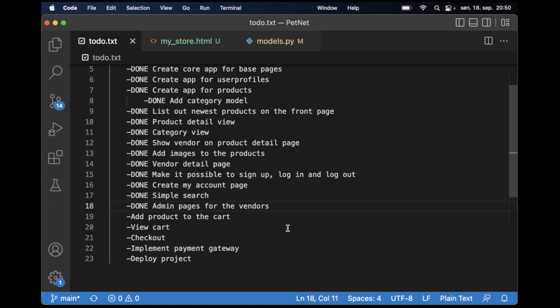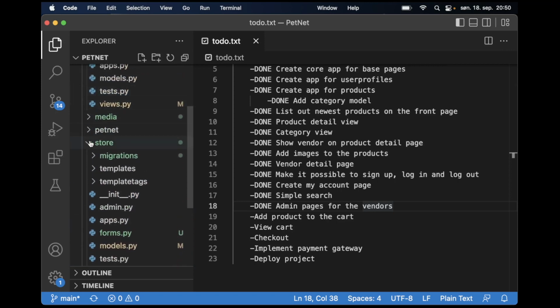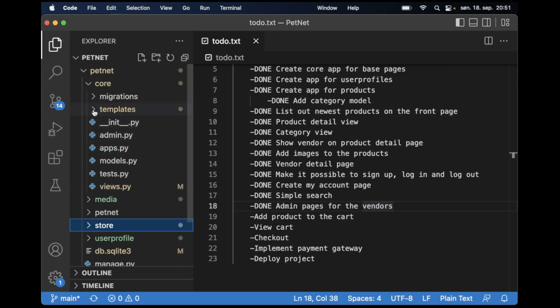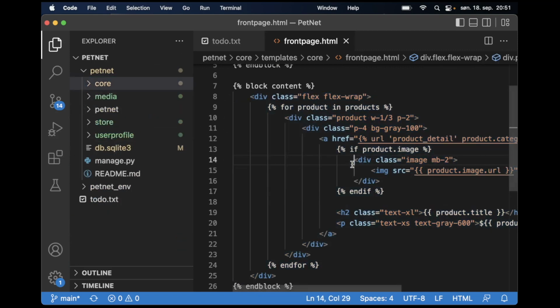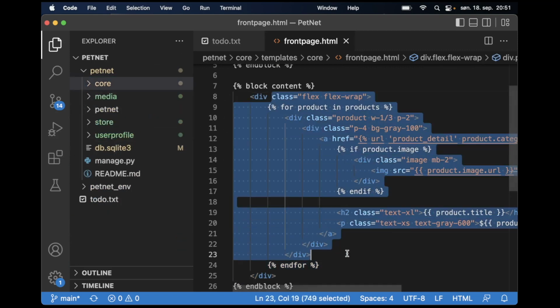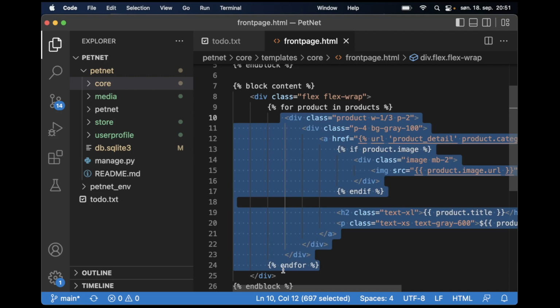Before I continue, I just want to do some refactoring on this project, because we have some repeating code in a few places, and that's not something I like. So if I open up templates, front page.html, then you notice that this code here is in multiple places. So I want to copy all of this actually,